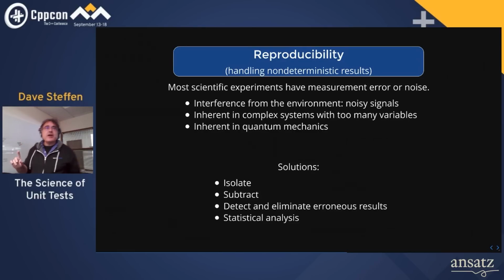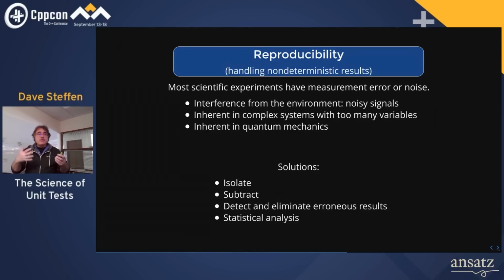Reproducibility, this is a little bit more complicated, all right? Most scientific experiments out in the real world have measurements or noise or whatever. You do the same experiment multiple times, you don't get exactly the same answer. Now, most of the time that's just interference from the environment, it's noise, there's static on the line, or someone bumped the table or whatever it is, all right? But sometimes it's because you're studying a complex system and you can't control for everything. Think